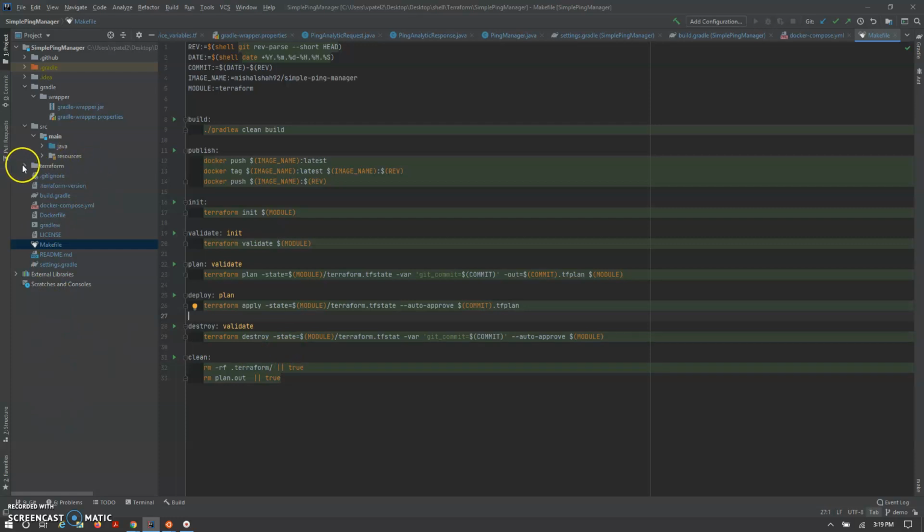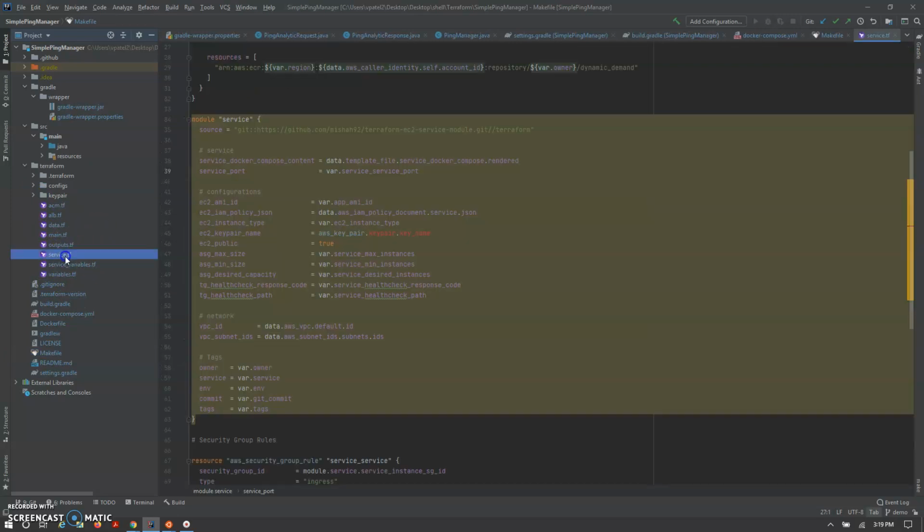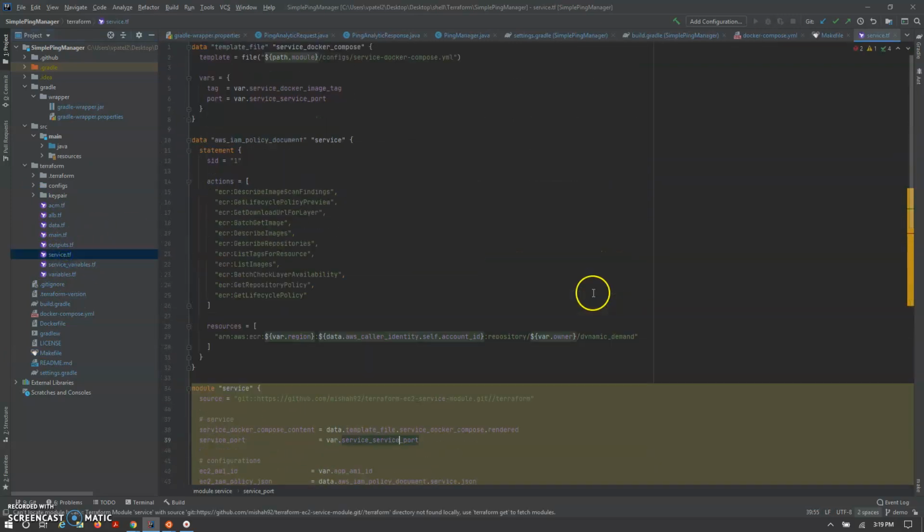The Terraform part is a big part. We will go through each piece. Terraform basically uses different configurations, where initially we use the service.tf module. This service.tf module is created taking the service Docker compose file.